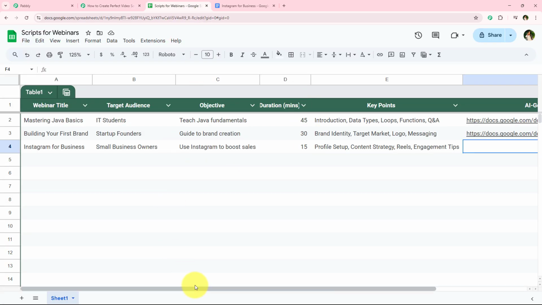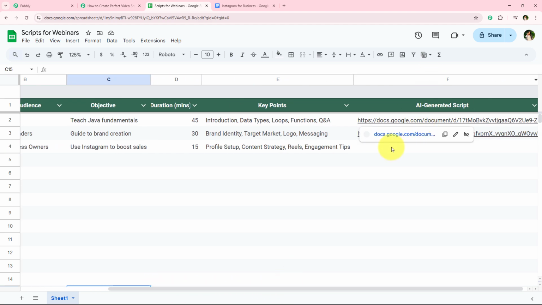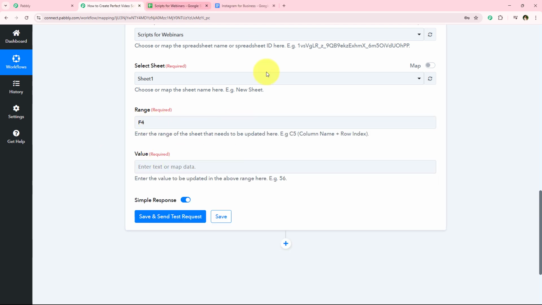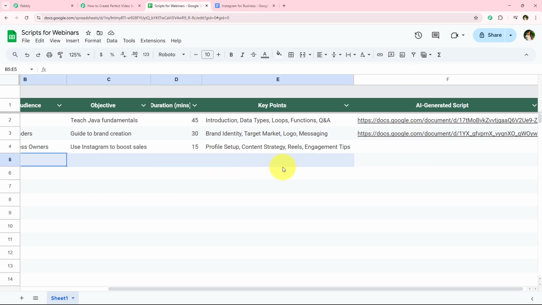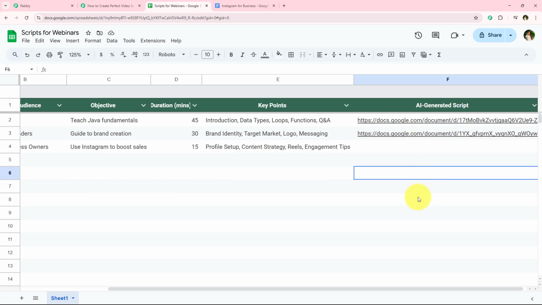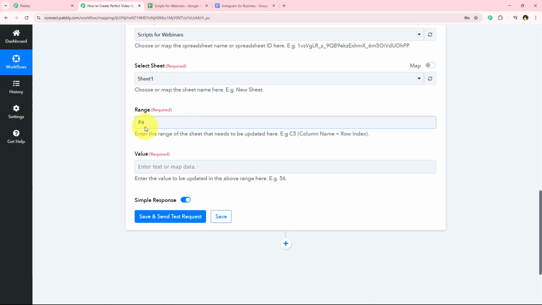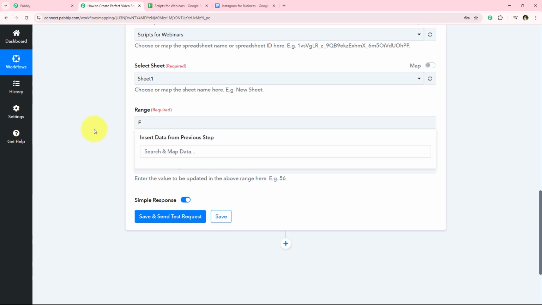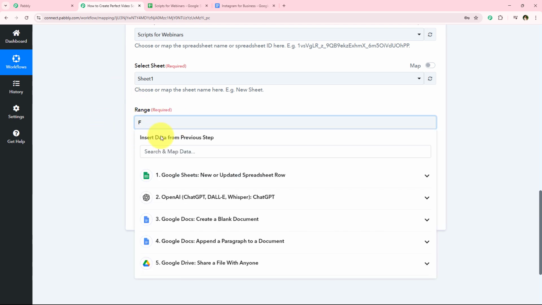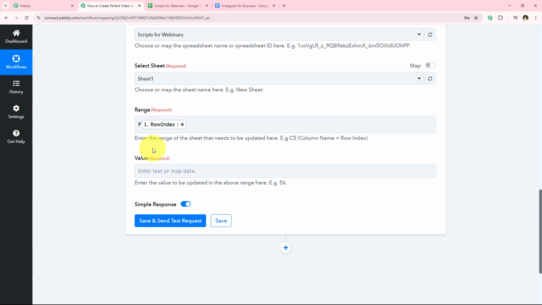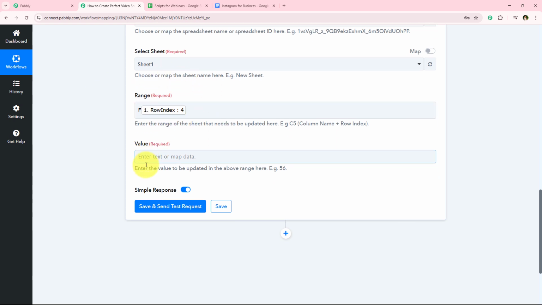So here you can see that I want to update this cell value, which is F4. Alright, so I'm just going to enter the same range right over here, which is F4, but we can't enter it as static right over here because now I want to update F4, but with new details added, I wanted to update F5, F6, F7, F8 like this, right? So you must notice that the column is static but the row is moving. So what we're going to do is I'm just going to enter F as static right over here, which is the column, but I'm just going to map the row index so that the row keeps moving with every new response. So as you can see that I've successfully mapped this row index, and now it is asking me for